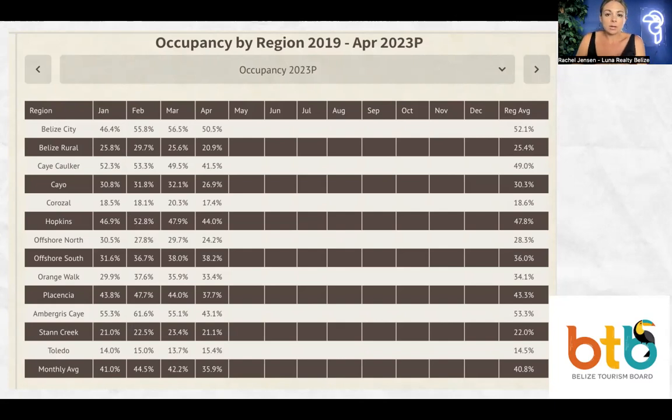one of the best things you can also do is go to TripAdvisor and see what the top 10 hotels are in that area. Then you can assume, can't guarantee, but we can assume that those numbers for occupancy would be a little bit higher than what we're seeing here in the averages. But again, good to keep these numbers in the back of your mind. And you can access all of this through the Belize Tourism Board website and get updated as you are listening